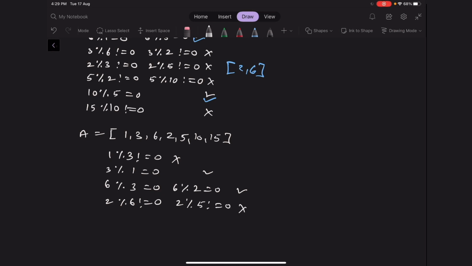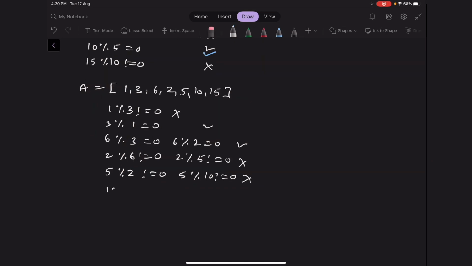For the fifth element, 5 modulo 2 is not equal to 0, and 5 modulo 10 is also not equal to 0, so this is not a nice index. For the second last index, the element is 10 and 10 modulo 5 is equal to 0, so this is a nice index. And for the last element 15, 15 modulo 10 is not equal to 0, so this is not a nice index.